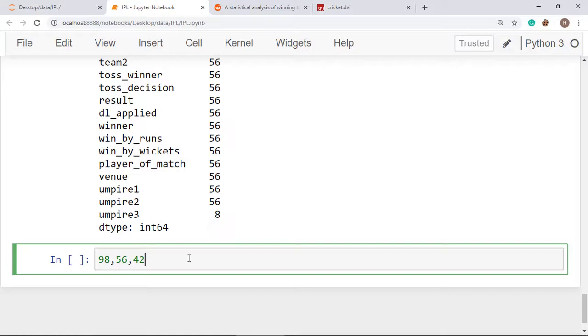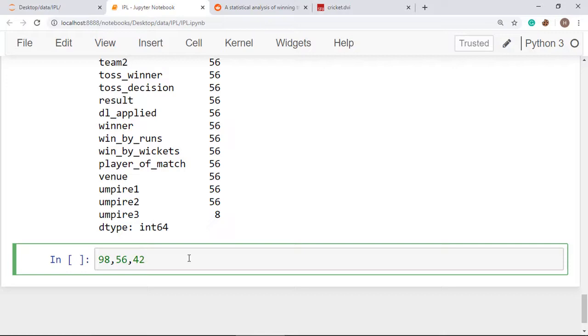All right. So what we need to do? We need to call the matplotlib library first. So we have already called that library. So we are going to plot that graph. So what we have to do first? We have to create a label first.